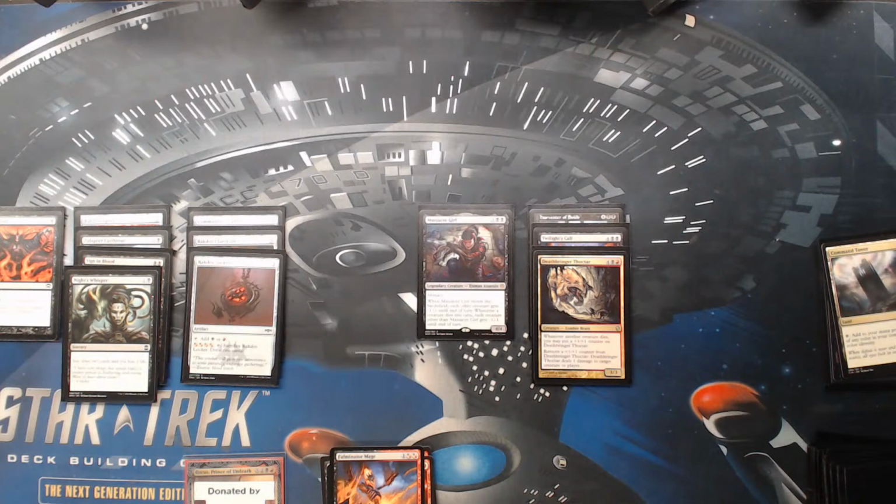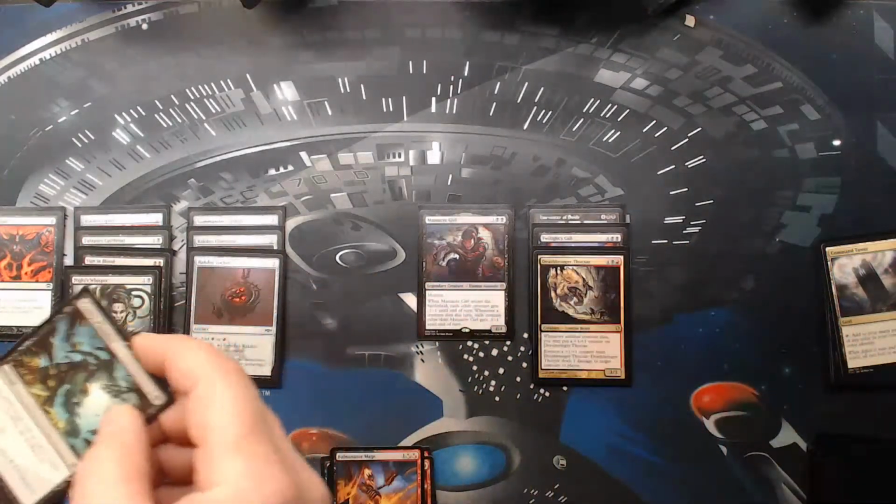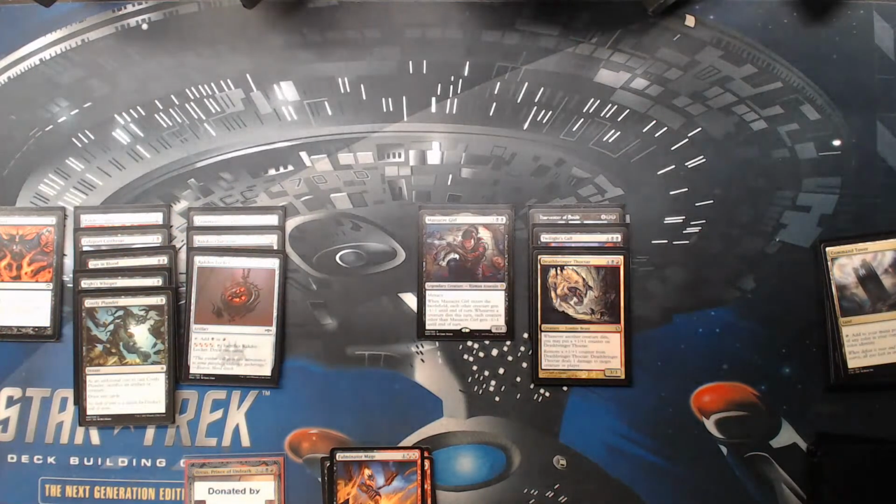Costly Plunder. Sacrifice an artifact or a creature, draw 2 cards. So we need creatures that... Okay, there's the Costly Plunder. Go ahead and throw that in there. So. Okay, so what about